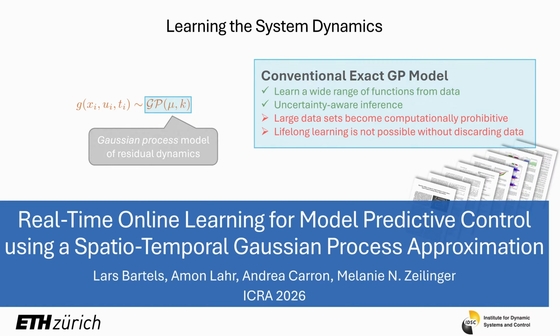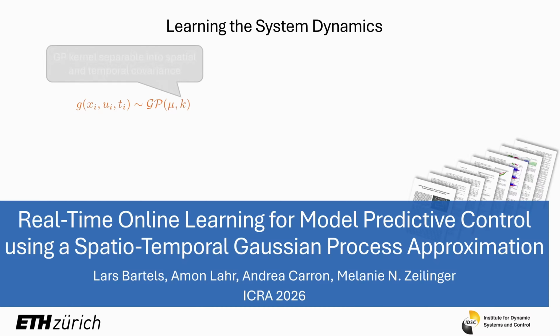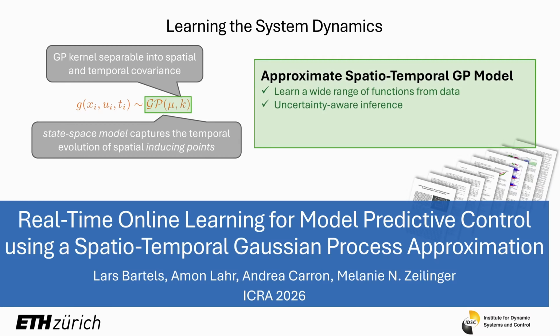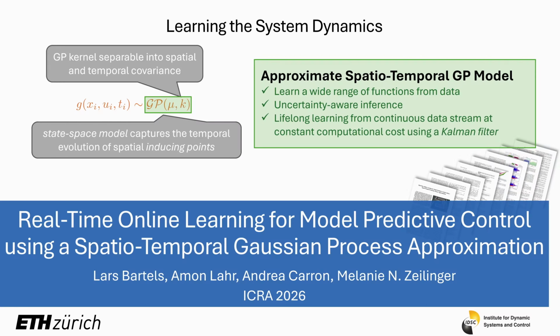becomes impossible. In order to address this limitation, we choose a GP kernel that is separable into a spatial and temporal component. We then apply an inducing point approximation to the spatial kernel and represent the temporal covariance as a Markov transition model. What results is an approximate spatio-temporal GP model that enables indefinite online learning from a continuous stream of data at constant computational cost by using the Kalman filtering algorithm. A detailed formal description of this procedure, as well as the integration into an MPC formulation, can be found in